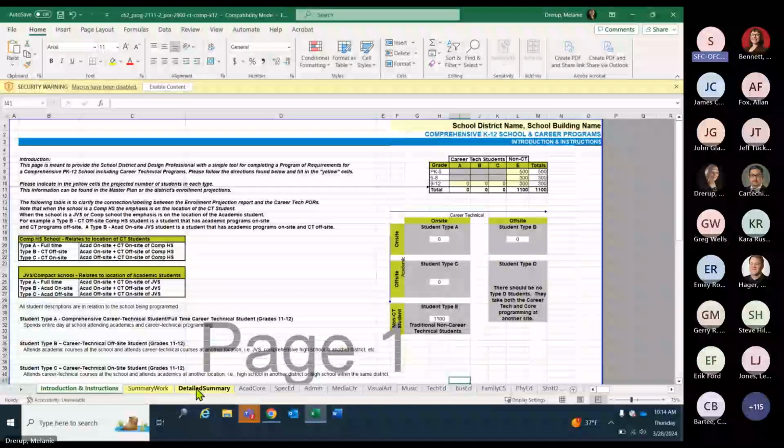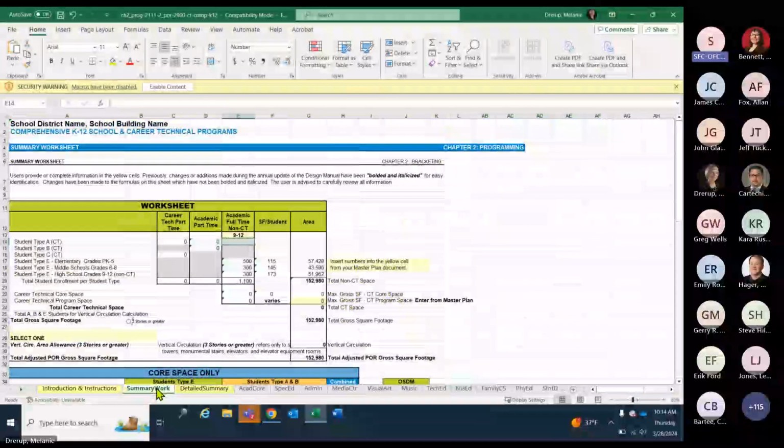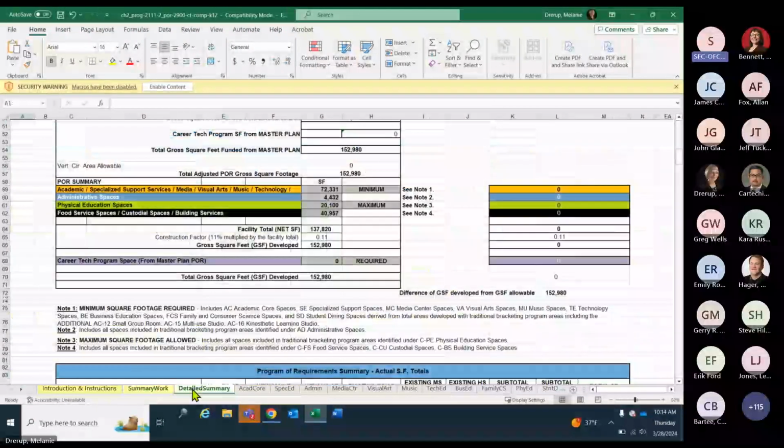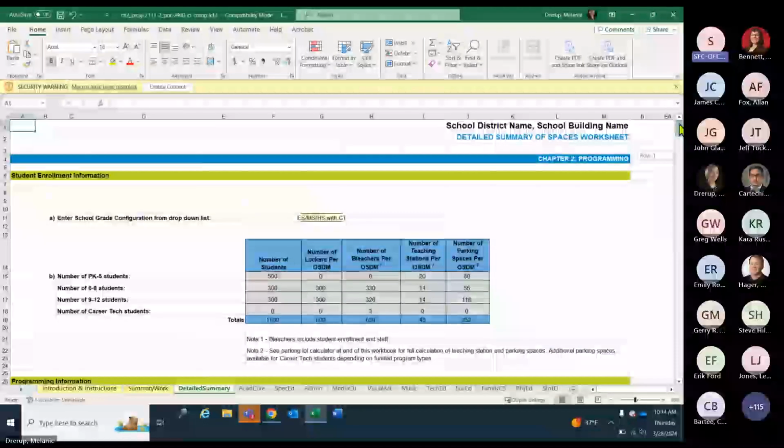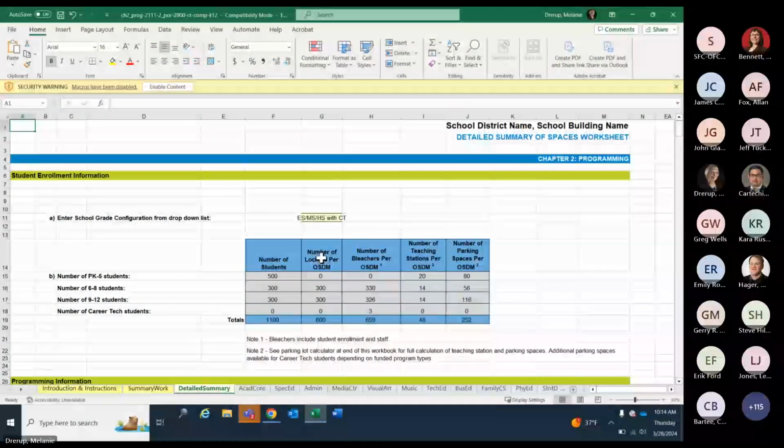And then the summary workbook, you're familiar with that. And then this detailed summary, we're pretty excited about adding this worksheet because, based on the information you put in and the instructions, it will generate the number of lockers, bleachers, teaching stations, as well as parking spaces.